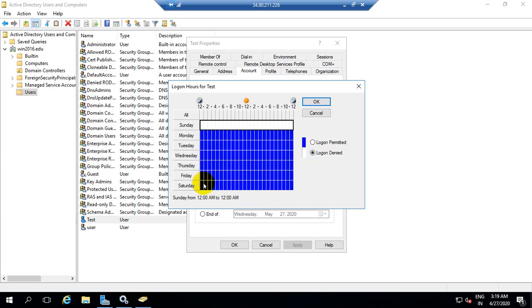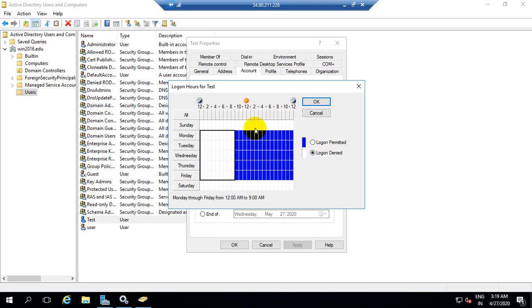If you want Saturday as login denied, then select this, and login denied. If you want the working hours to start only from 10 o'clock onward, then select this and make it login denied, so that users can work from 9 o'clock till 6 p.m. or 8 p.m.